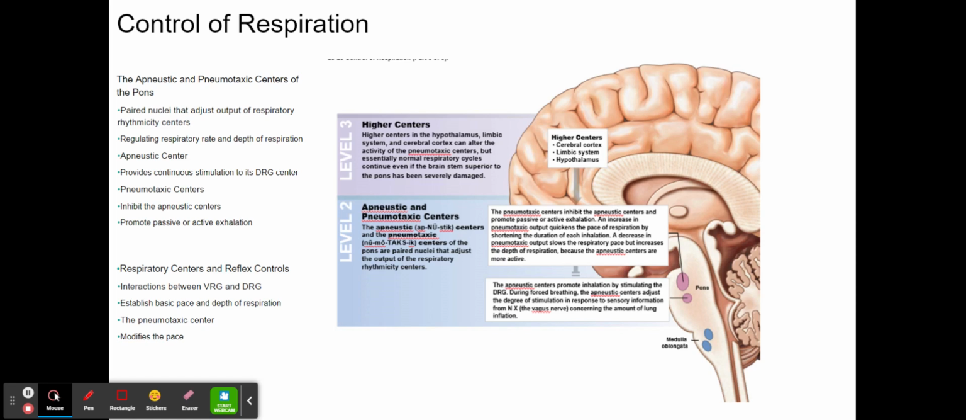During forced breathing, the apneustic centers also respond to sensory input from the vagus nerves regarding the amount of lung inflation. The pneumotaxic centers inhibit the apneustic centers and promote passive or active exhalation. Centers in the hypothalamus and the cerebrum can alter the activity of the pneumotaxic centers, as well as the respiratory rate and depth. However, essentially normal respiratory cycles continue even if the brainstem superior to the pons has been severely